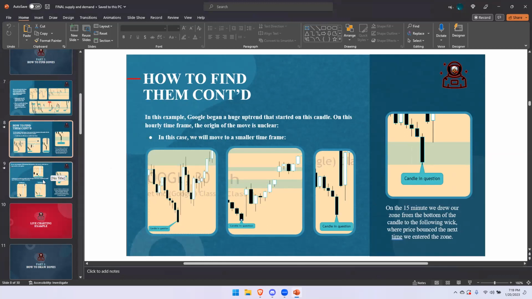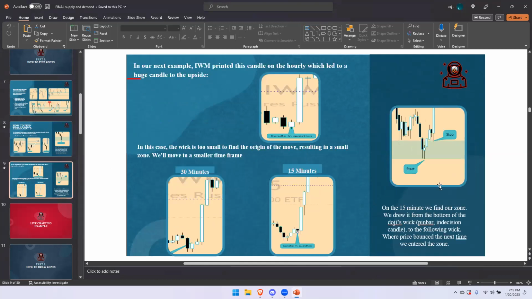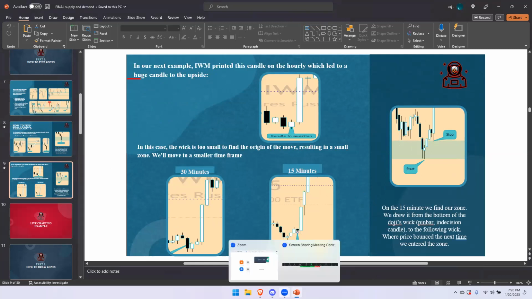I'm just trying to understand. You're using the candle, but you're using a wick. You're waiting for a rejection wick to come. That's where I'm getting confused. Maybe I'm overcomplicating it. Yeah, so